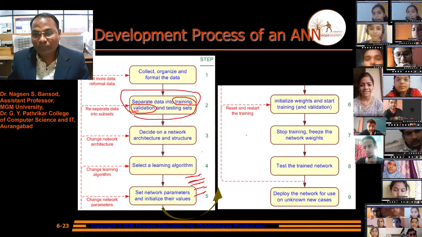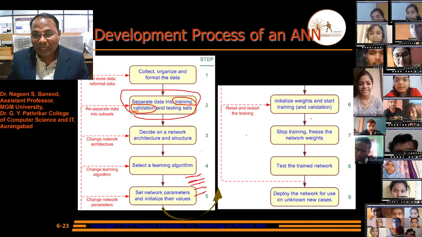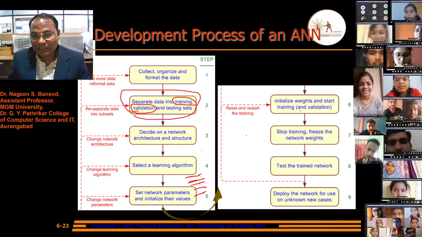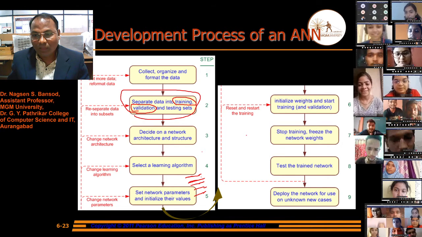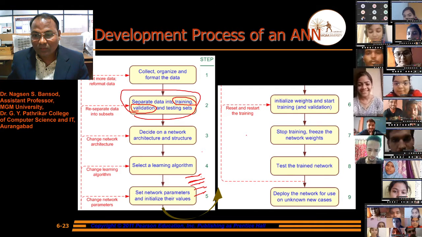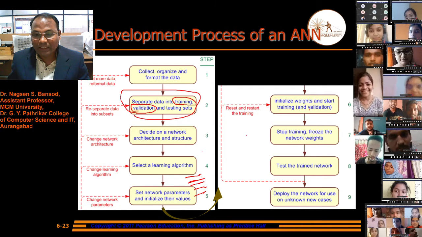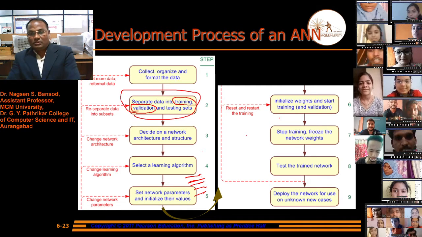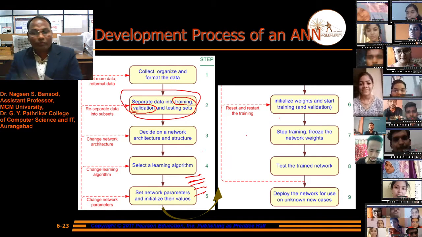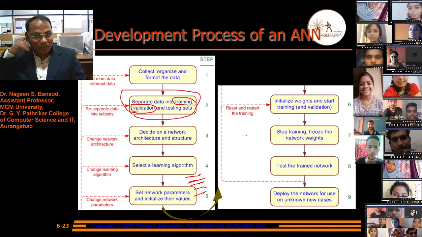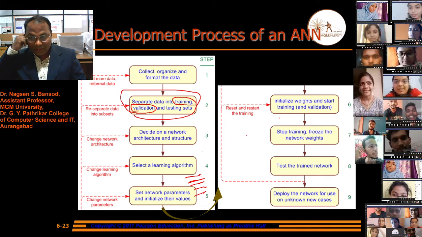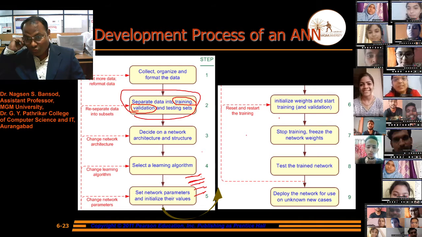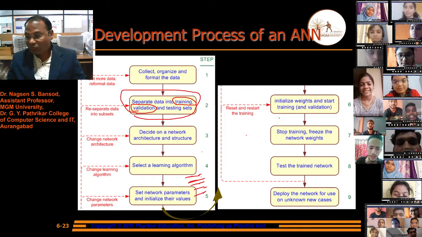After this step, initialize the weights and start the training and validation, and then stop the training. If we are getting good output, good validation, according to our validation we are getting a good result, then stop the training and freeze the network weight.